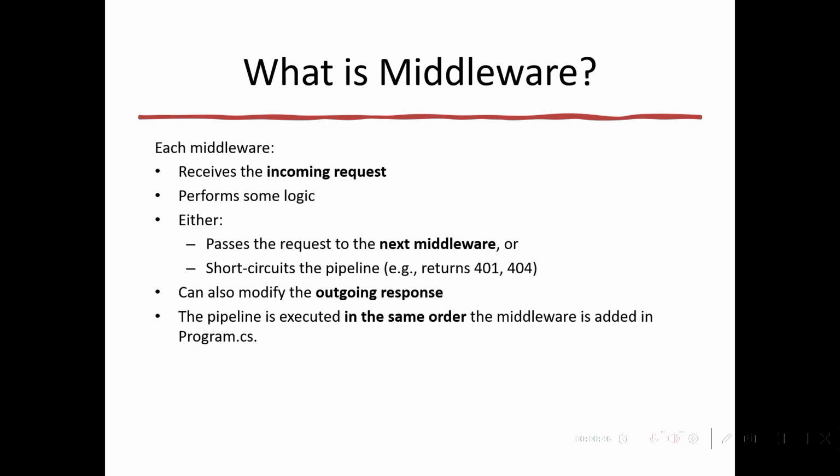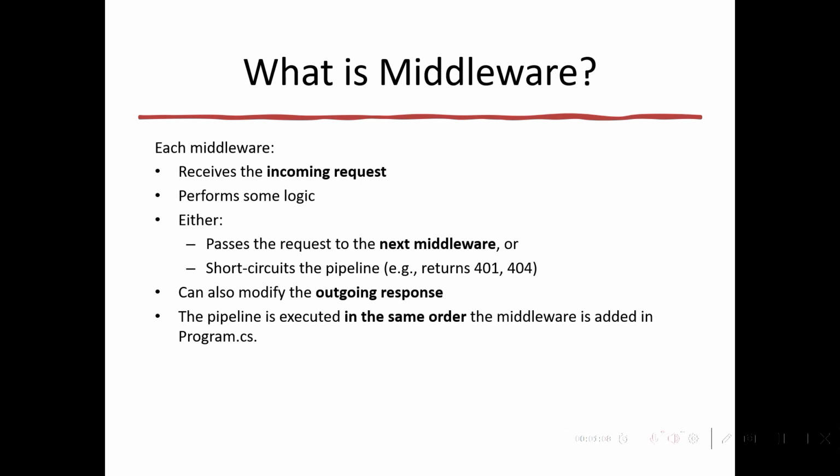Each middleware receives the incoming request and performs some logic. So what kind of logic is it performing? It passes the request to the next middleware, or it short-circuits the pipeline, meaning it ends the response,